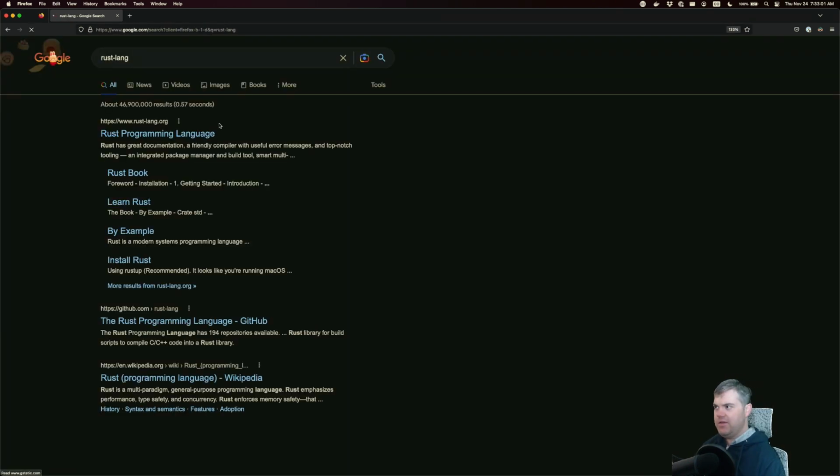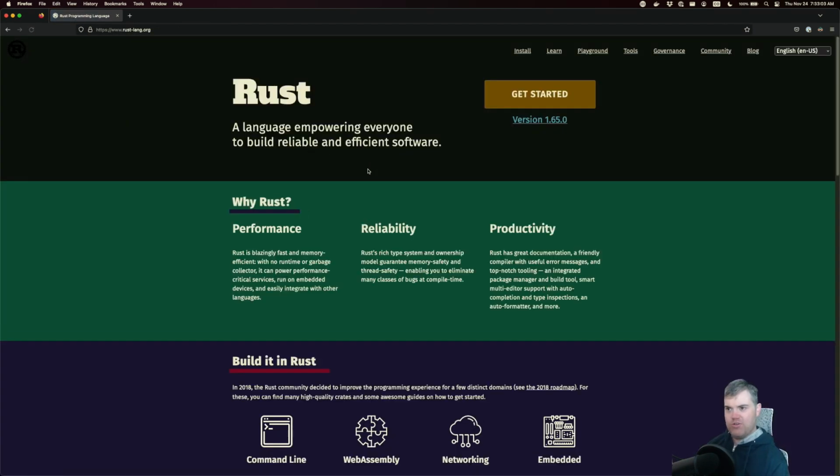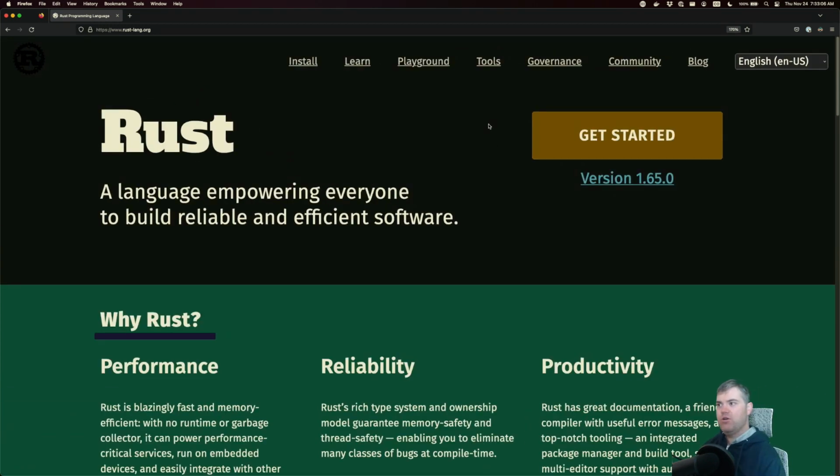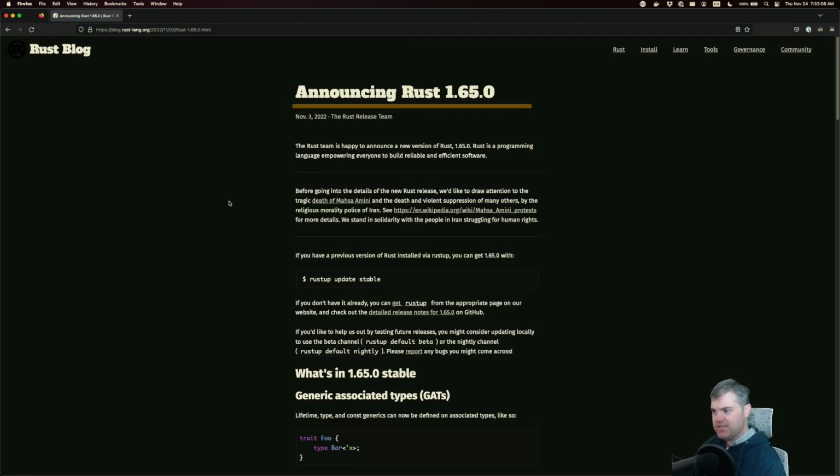Come on, take me. Thank you. I tried to go directly there. It didn't load. Okay, so in their version 1.6,